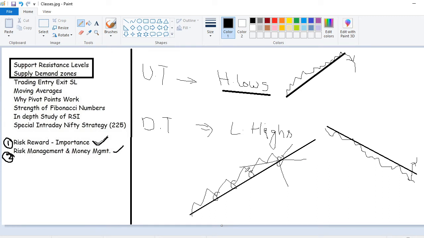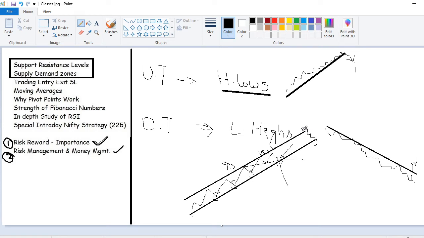See, let's suppose someone invested at 90 rupees, it went up to 100, again it came to 90 and broke that. Then what is the fun of having this position? There is no use, right? Then in this case, how can I improve my chances of booking profit? Then what you can do, draw one more trend line on the higher side. Now this is called a channel, these two lines clubbed together.